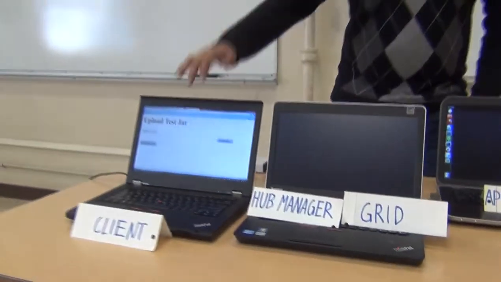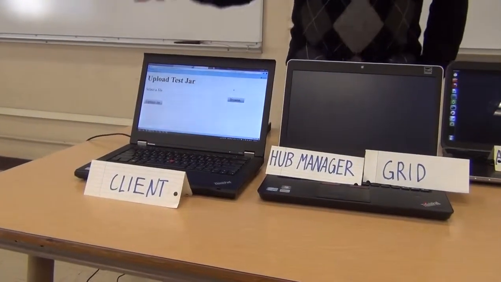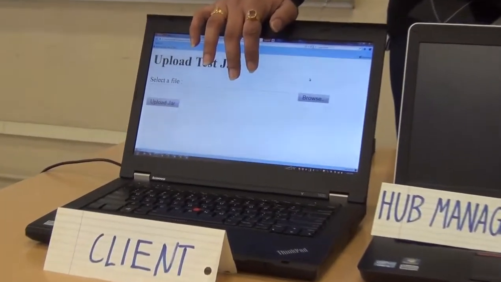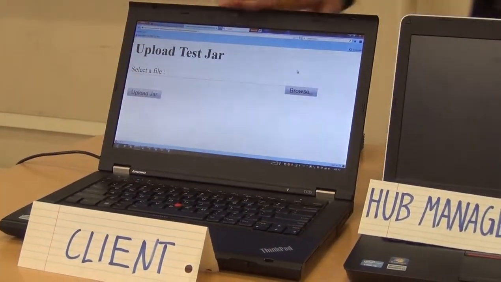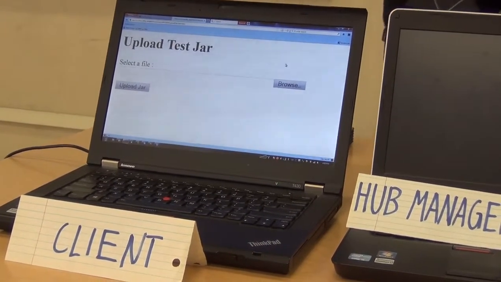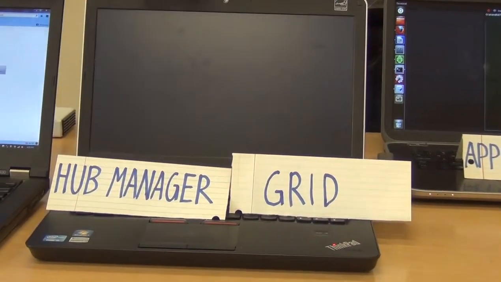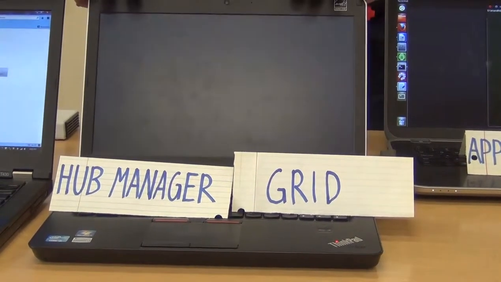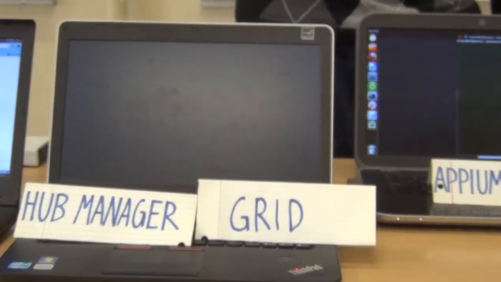So this is our basic setup. This is going to be acting as the client, that is the automation server. The automation server can do two types of things. It can upload the test jar which has to be executed on the device, and it can also mock the REST services that would be coming from the automation server. Then this is the machine that is currently acting as both Hub Manager and Grid, but in a real-time setup these will be two different machines, Hub Manager separate and Grid separate. We are falling short of some resources, that's why we combined them together.